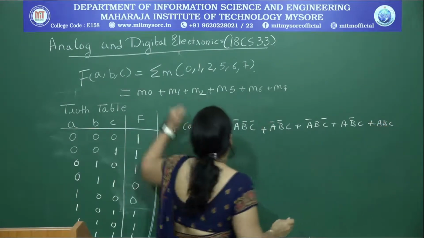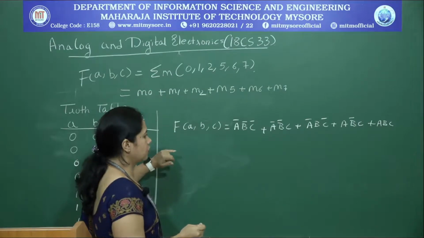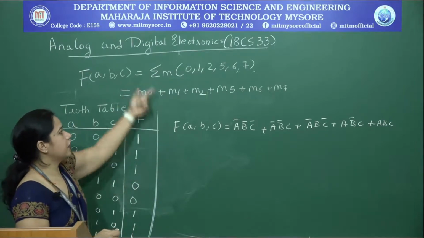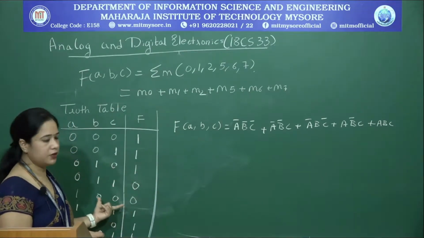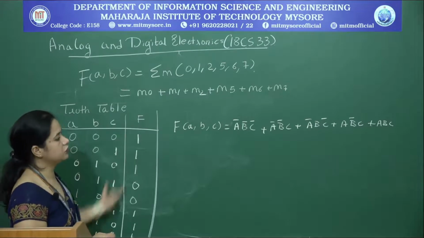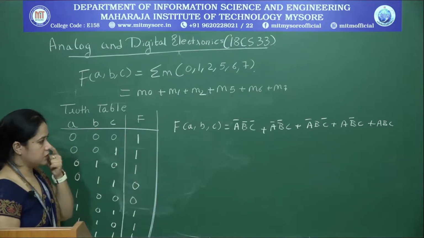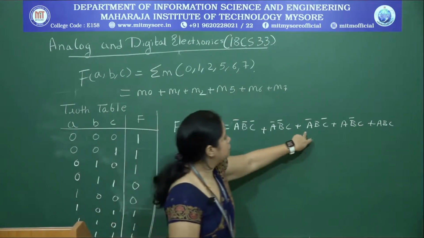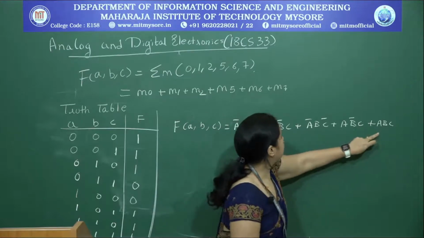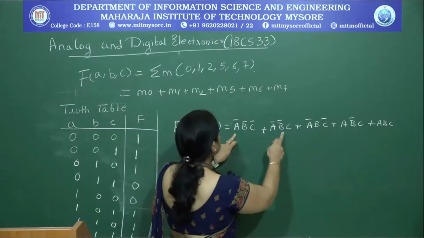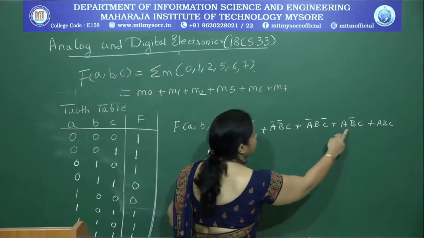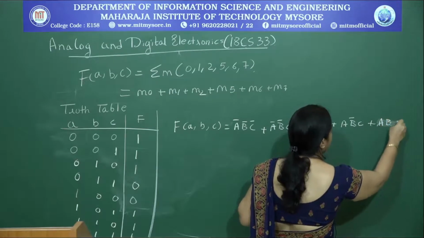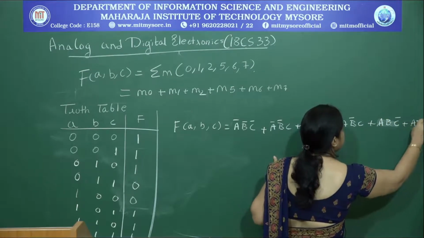If you are comfortable directly arriving from this to this, it is good, it is fine. In due course, you will get used to how to write this expression directly from the given min terms. If you are not comfortable at this point, you can write the truth table, and from the truth table you can just copy it and write the expression. So, this is representing M0, M1, M2 and this is M5, M0, M1, 2, 5, 6 is missing. So, A, B, C bar and A, B, C.